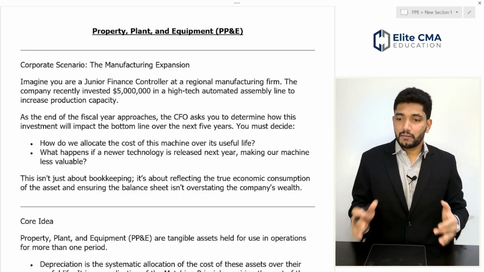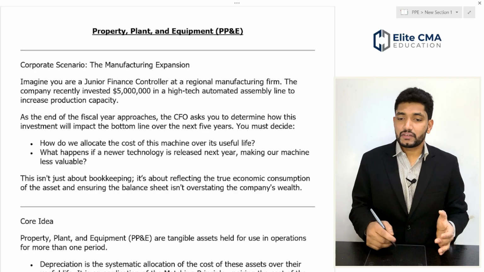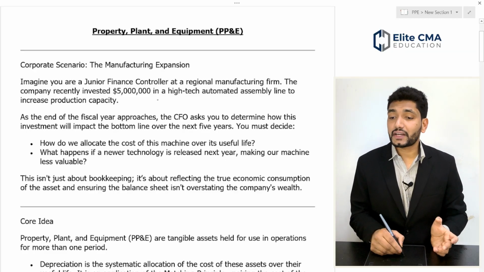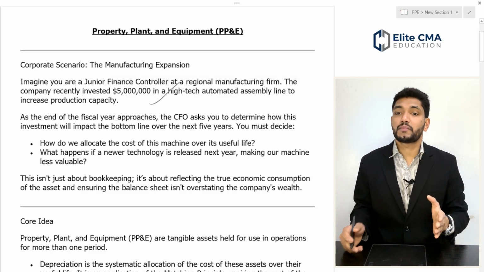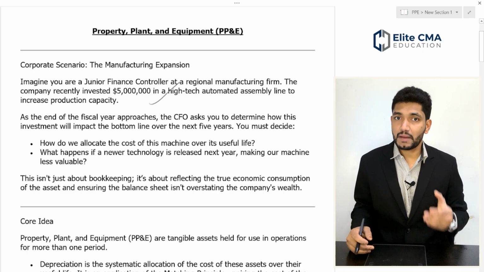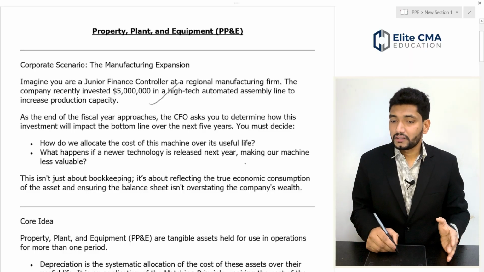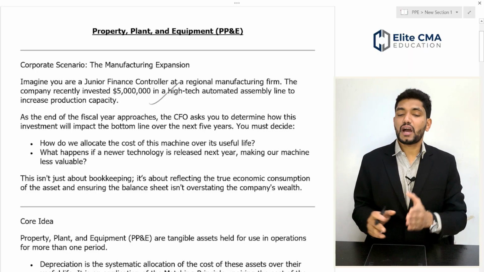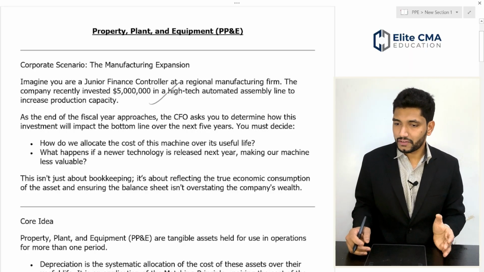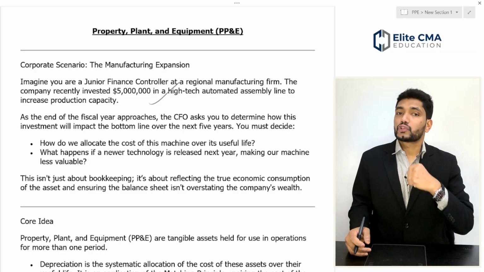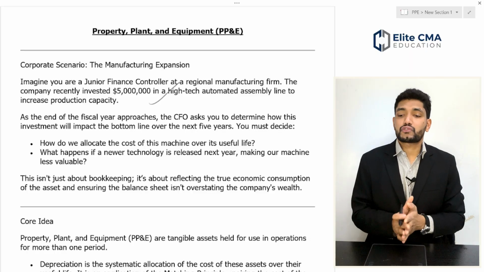Suppose you are working in a big manufacturing company. The company recently invested 5 million in a high-tech automated assembly line to increase production capacity. So this is a capex investment, or capital expenditure. At the end of the fiscal year, the CFO asks you to determine how this investment will impact the bottom line over the next 5 years. To answer this, you must decide how to allocate the cost of this machine